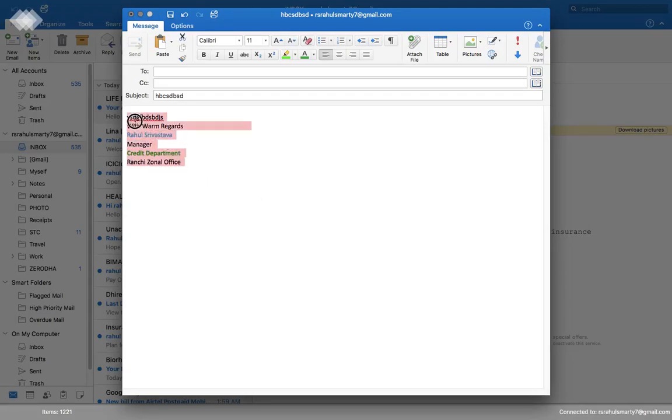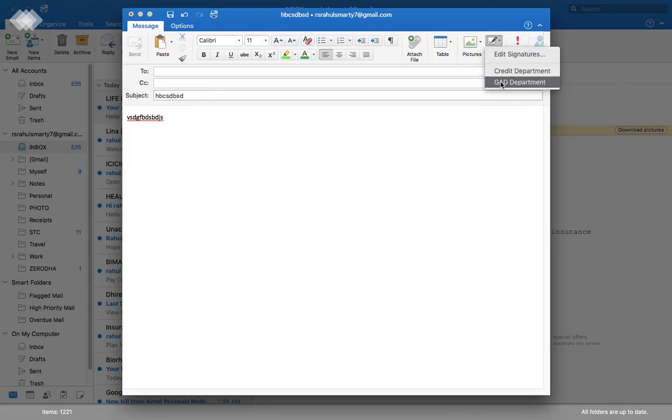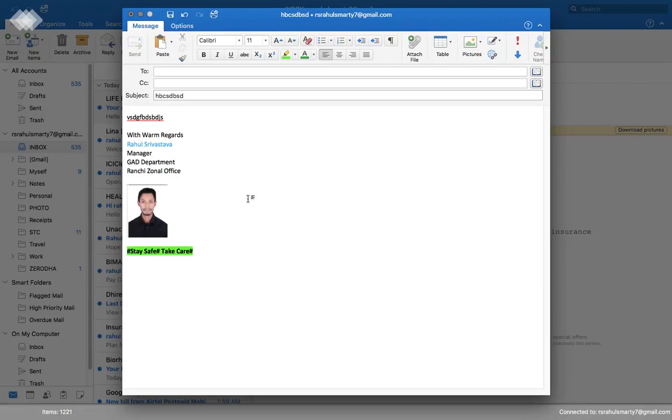And now if I am sending the email, suppose, through GAD department, then I'll simply select on this sign, and then go to GAD department and see, my GAD department signature has come.